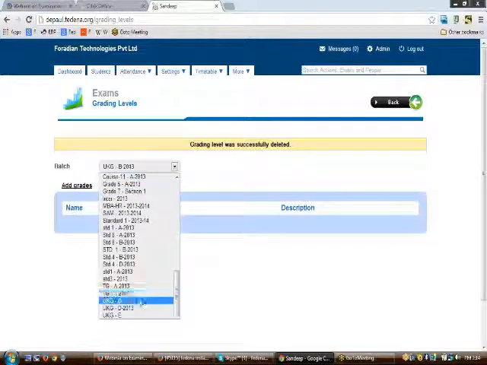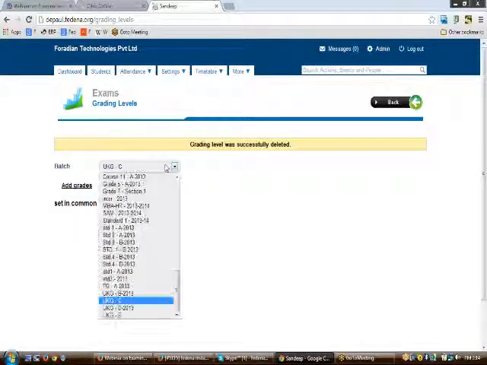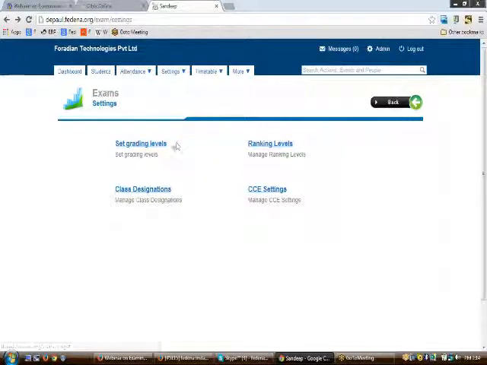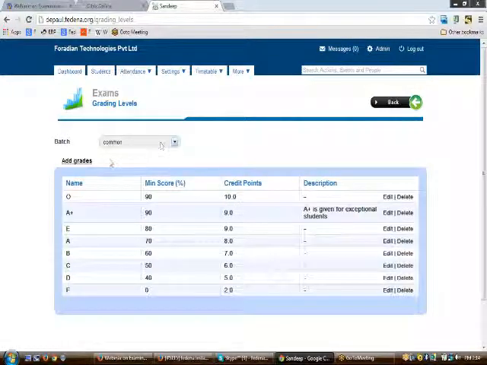This way your grading levels will be created. Having created all the grading levels, your page would look something like this: O, with its minimum score, the respective grade points and so on to be added, and this way the grading levels are set.